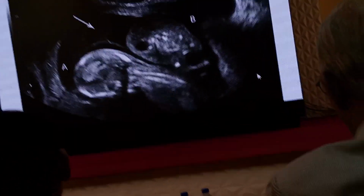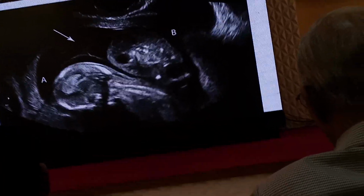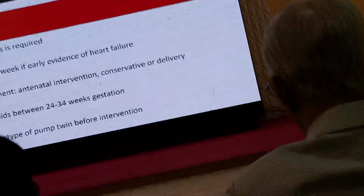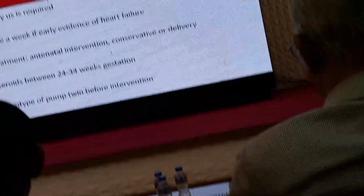Again, same picture to show you the difference. Nothing, no head in the twin B. It's like just a lower limb. The bladder you can see, maybe a little short limbs, but you cannot see, and no heart and no brain tissue. So in the TRAP, usually the recommendation doing weekly ultrasound is required, twice a week if early evidence of